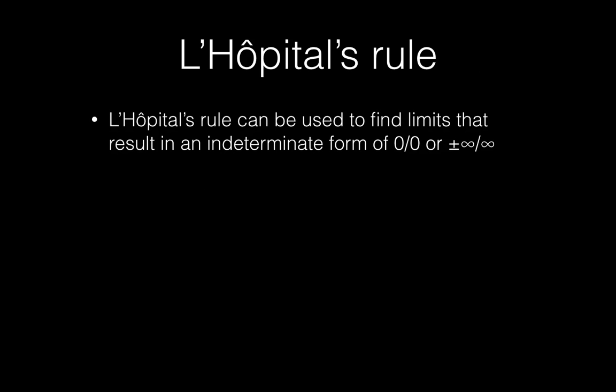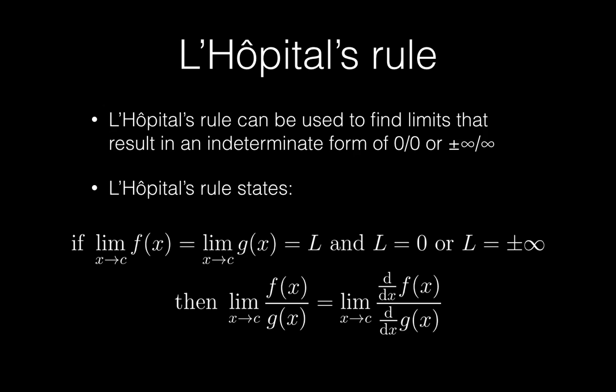L'Hopital's rule. L'Hopital's rule can be stated to find limits that result in an indeterminate form of 0 over 0 or plus or minus infinity over infinity. L'Hopital's rule states that if the limit as x approaches c of f of x equals the limit as x approaches c of g of x equals L, and L equals 0, or L equals plus or minus infinity, in other words, the limit results in the indeterminate form of 0 over 0, or plus or minus infinity over infinity,